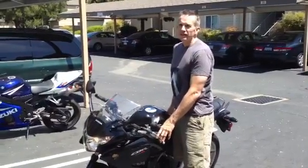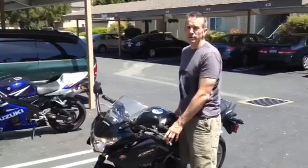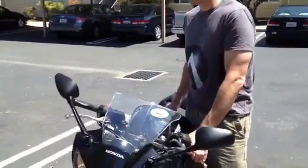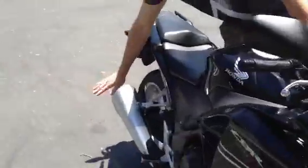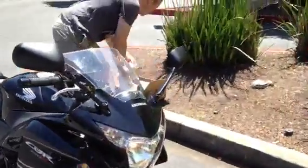Okay, this is the Honda CBR 250R. We're going to do a little work on it this afternoon. We're going to remove the stock pipe, just the can, not the full exhaust, and get rid of this big fat monstrosity here and replace it with an aftermarket product